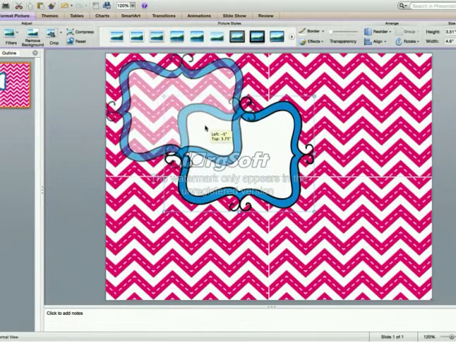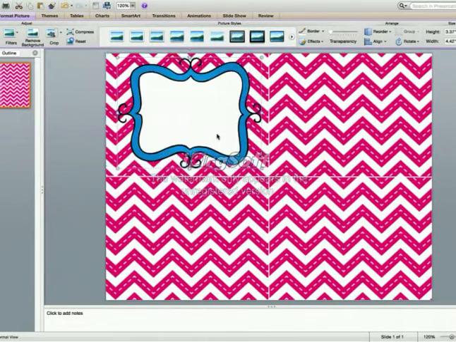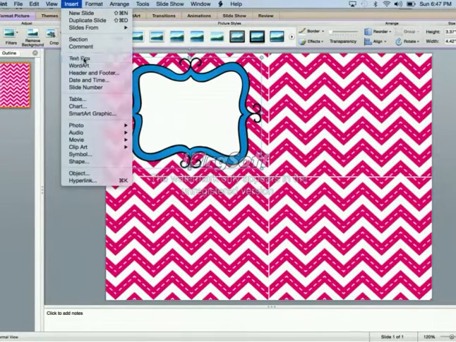Okay, I have made this one a little bit smaller by dragging a corner so that it will still be proportional. If you pull from one of the sides, it's going to end up being really tall and thin stretched out, or from here it would be too wide. Okay, I'm going to put that in the center of one of my task cards that I have created, and later I'll zoom in on that a little bit closer and look to make sure that I have it in the center. I'm going to insert a text box on top of this,